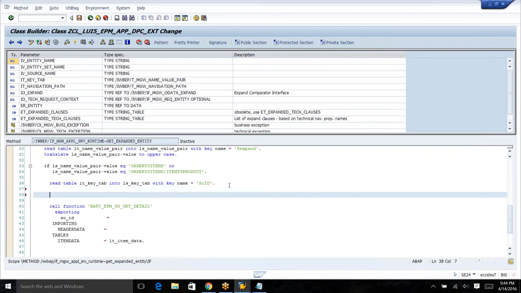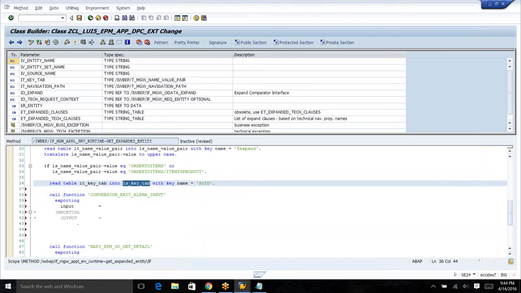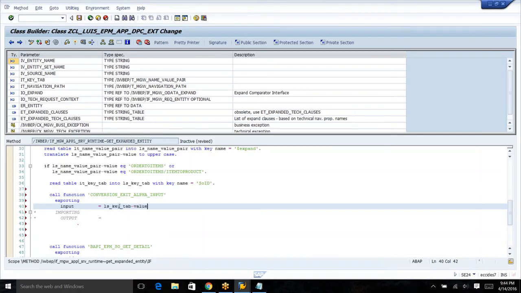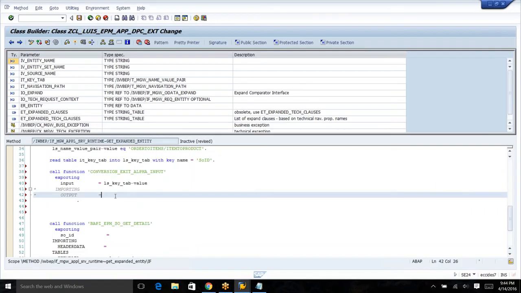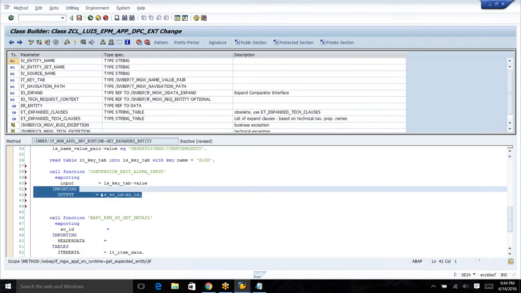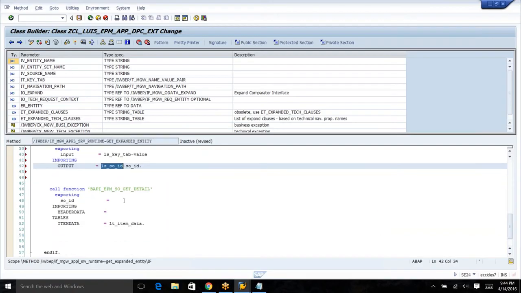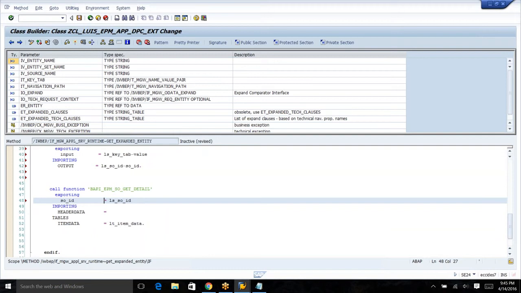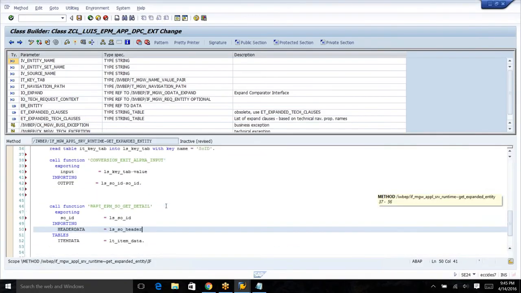And once we have this value sales order ID, we got to call this conversion exit. ls key tab fun value and you receive it in ls s4 id s4 underscore id, okay, and I pass this information here and in here I'll say ls s4 header, right? Once I read this information,